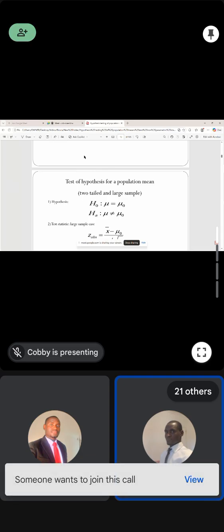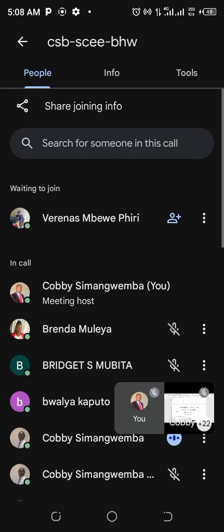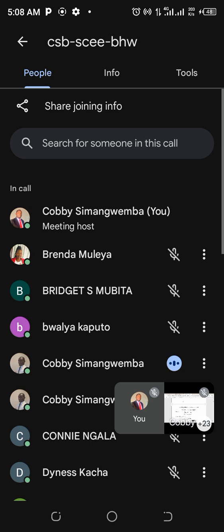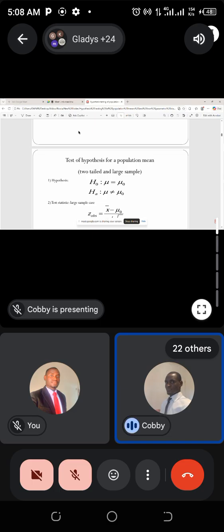Here we haven't taken a direction. Then the other test that we can do is to know if the population mean is greater or less than